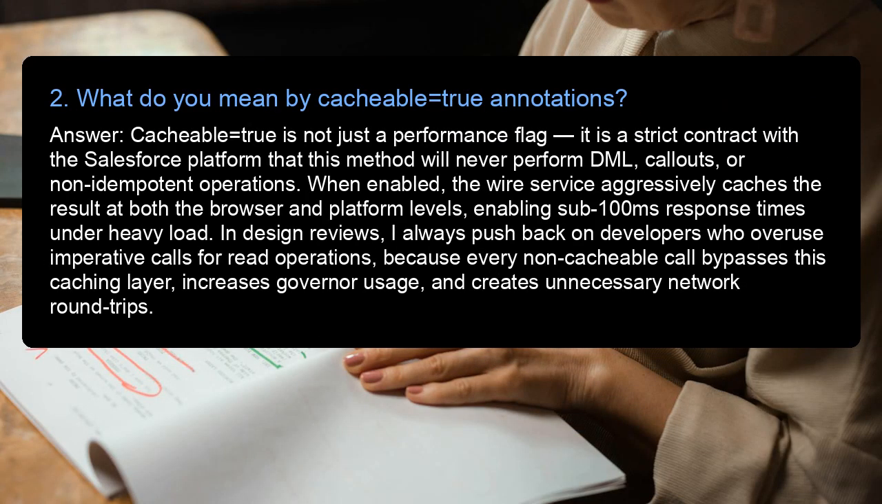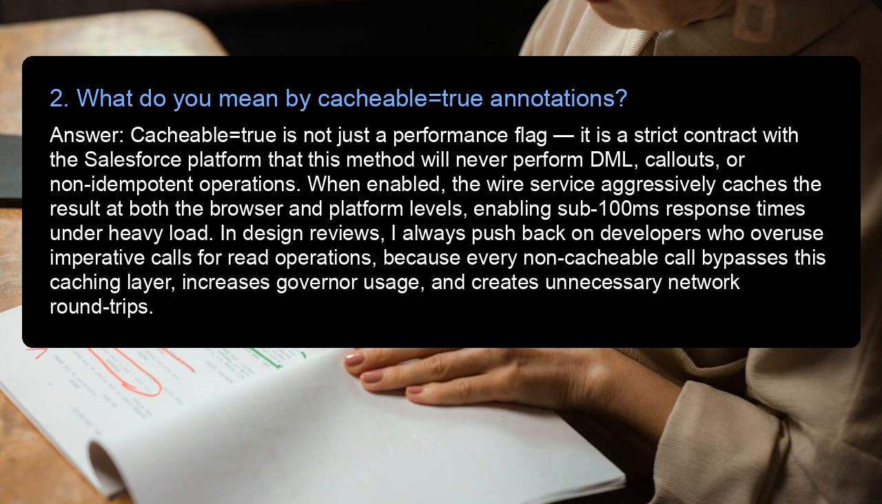2. What do you mean by cacheable equals true annotations? Answer: cacheable equals true is not just a performance flag. It is a strict contract with the Salesforce platform that this method will never perform DML, callouts, or non-idempotent operations. When enabled, the wire service aggressively caches the result at both the browser and platform levels, enabling sub-100 milliseconds response